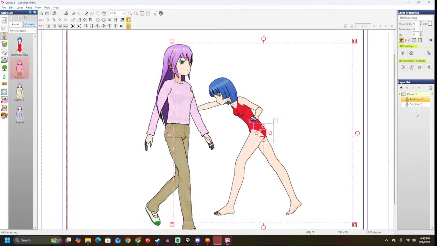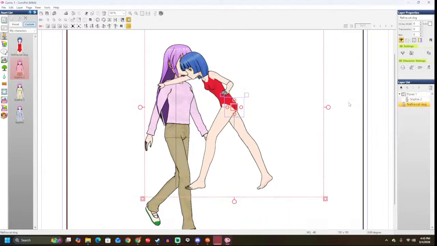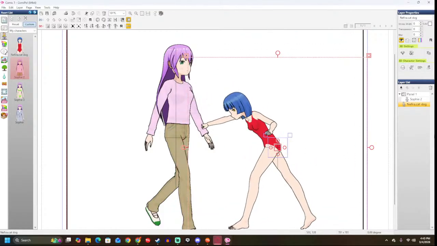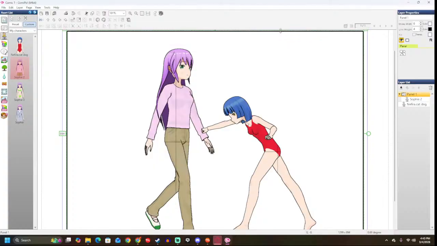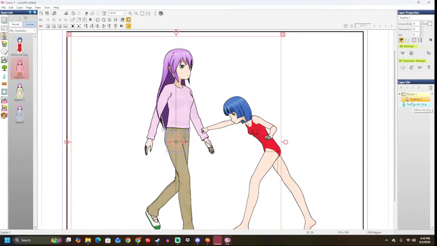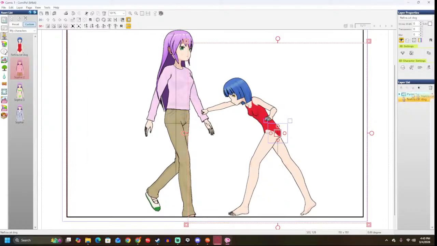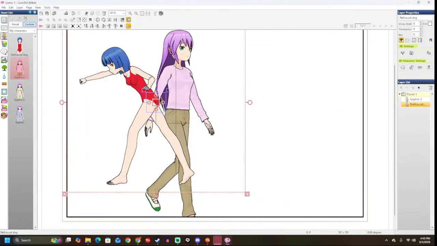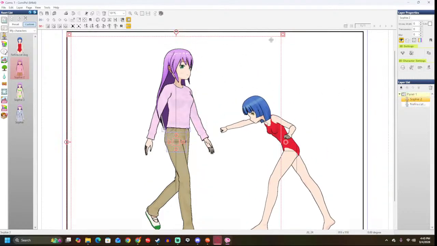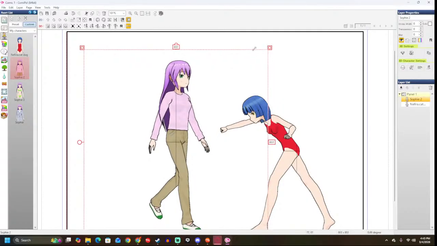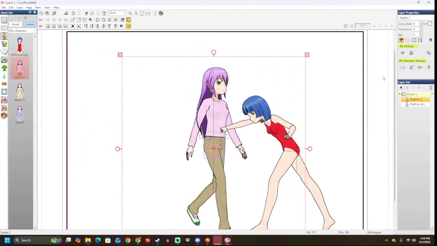Okay, we want to place the top one beneath her. Okay, and now let's shrink her down. No, not that. The character. All right. There. So right here. And now I just decide what,